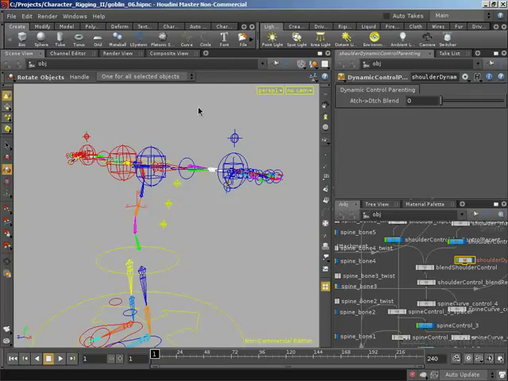Okay, so now that we have our shoulder controls in place and we've got the twist angle being calculated and generated on our spine, it's time to start looking at matching our attached shoulder control to the detached shoulder control and vice versa. Now, as mentioned back in Character Rigging 1, we're going to be using a workaround here that